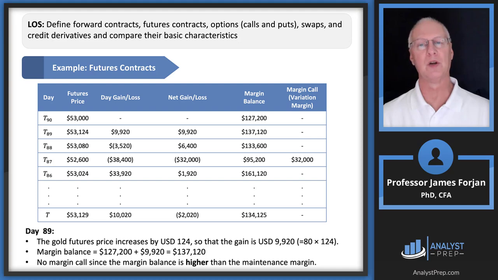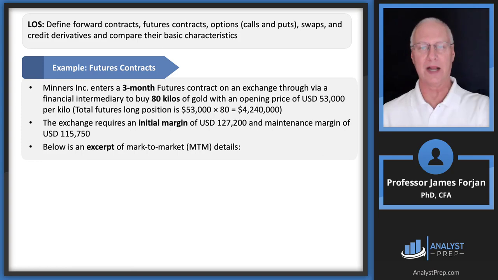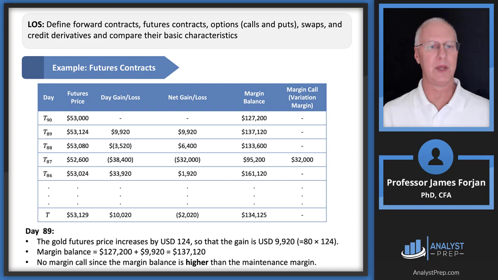They're going to have to put in $127,200 as their initial margin. So let's go ahead forward through the timeline. Let's go down that left-hand column, T with 89 days until the contract matures. Let's suppose the futures price goes up to 53,124. Well, let's take the 53,124, multiply that by 80, and then subtract it from our 4.24 million that we have there in the middle, and we have daily gain of